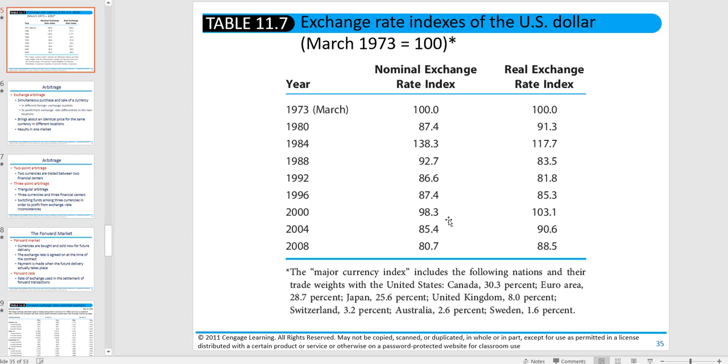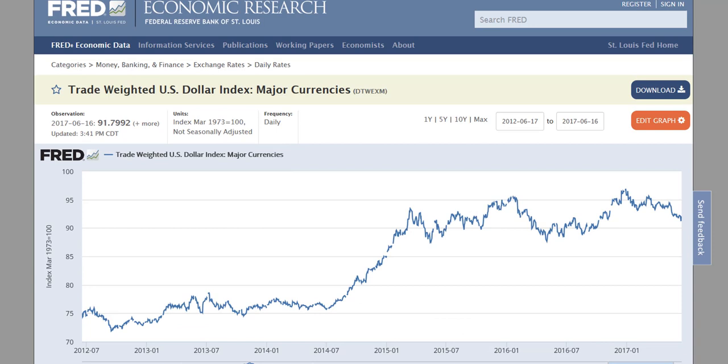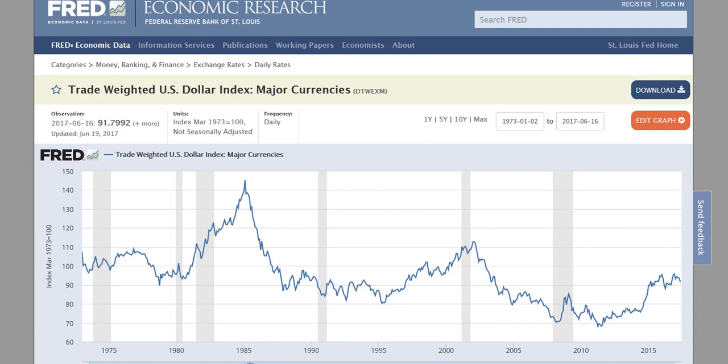Let's look at more recent data because this one ends in 2008, just at the eve of the financial crisis. So this is another link available on Canvas next to the video, and it shows you the evolution of the trade weighted dollar index. Let's put this on the max. And so here, mirroring just what we saw in the table, the appreciation of the dollar up to 84 and then the decline up to 95.